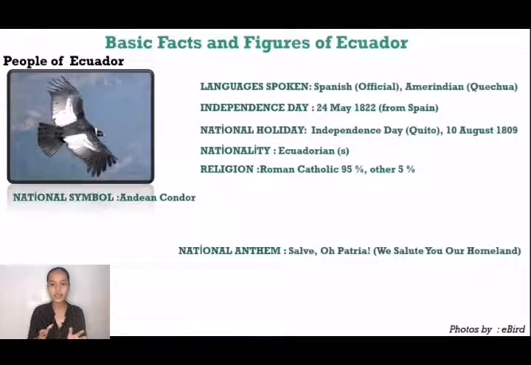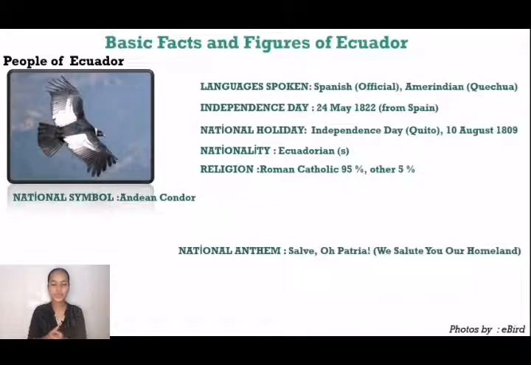Their national holiday is the Independence Day, the independence of Quito, 10 August 1809. Nationality, Ecuadorian. Religion, Roman Catholic 95% and other 5%. National symbol is the Andean Condor. National anthem or song is Salve, Oh Patria. We salute you, our homeland.